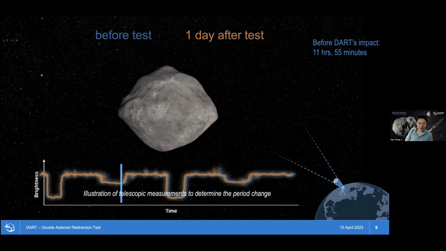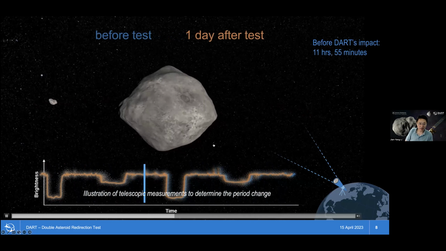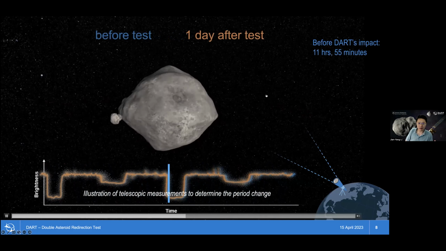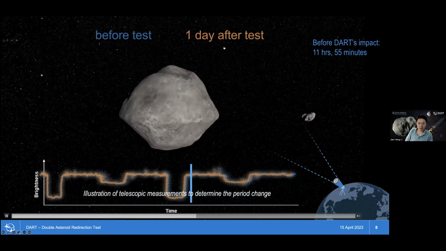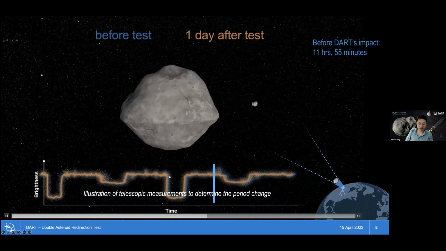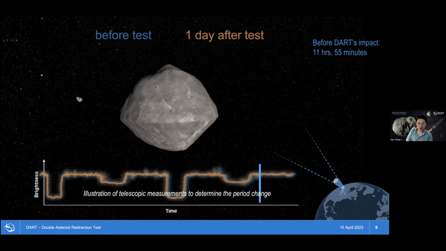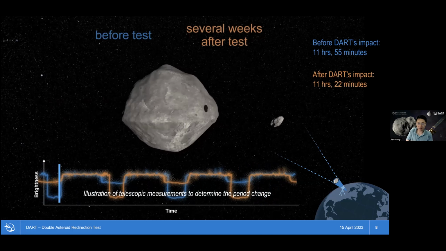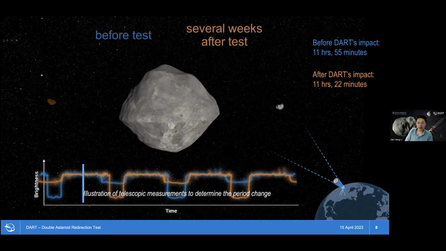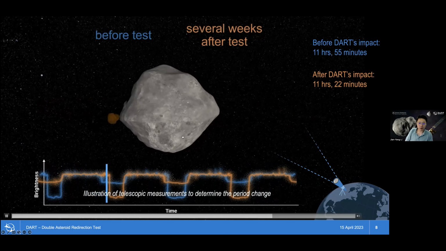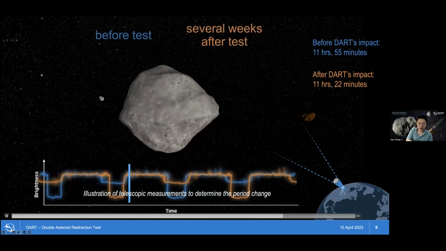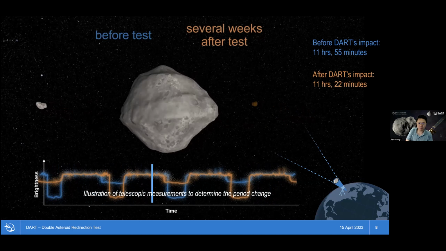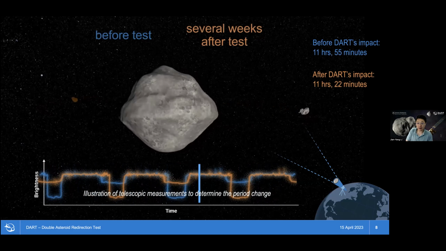And then after the impact, the phase where the moon is around Didymos will change a little bit. And this is 1 day after the test. The light curve is shown by the orange line. There's only a slight offset between the post-impact light curve and the pre-impact light curve. But the good thing is that this small offset actually accumulates with time. After several weeks, you can see that the phases of these two light curves are completely off. So basically from this, we can very precisely measure the post-impact period.